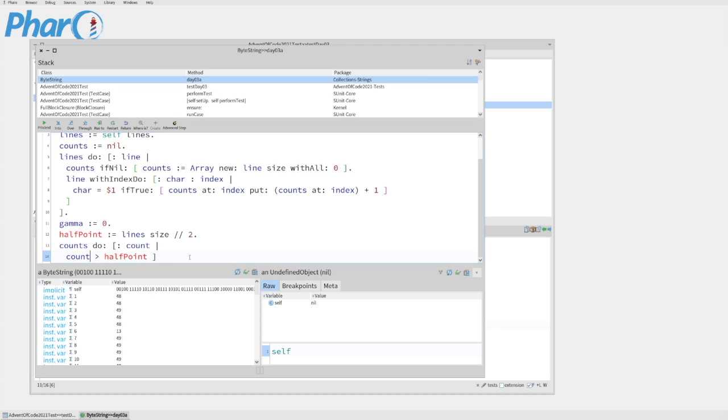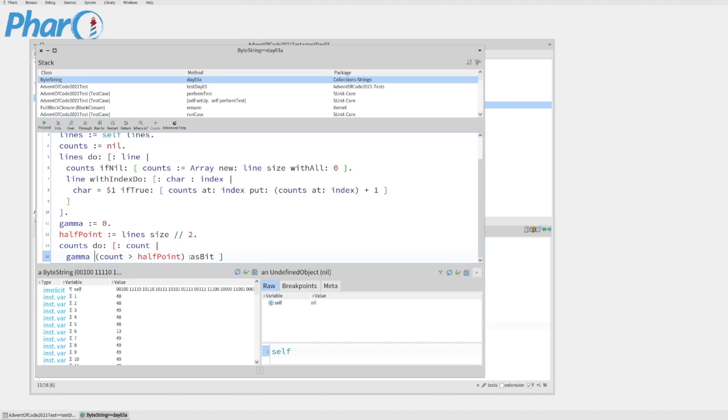So, if count is greater than half point, there's a method called asBit. This returns a Boolean value, either true or false, and asBit turns true to 1 and false to 0. So we're then going to say that gamma